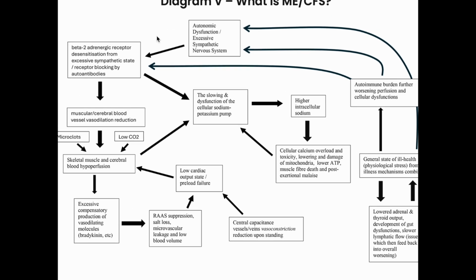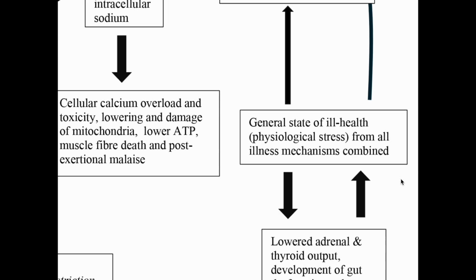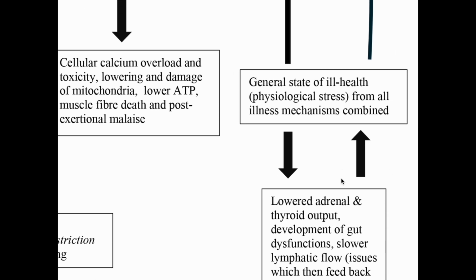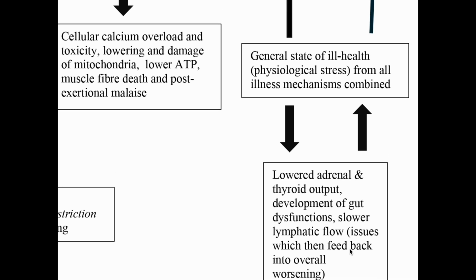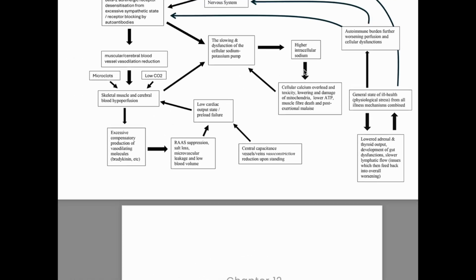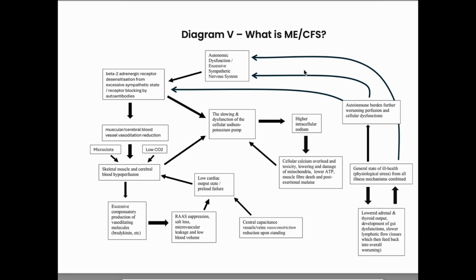Such an important point. And then everything stays going on. Everything keeps going. It's all a series of vicious cycles. The general state of ill health can also lead to other problems, such as lowered adrenal and thyroid output, development of gut dysfunctions, and slower lymphatic flow. And then those problems will in turn feed back into the general state of ill health and all the other issues. So that is, in a nutshell,